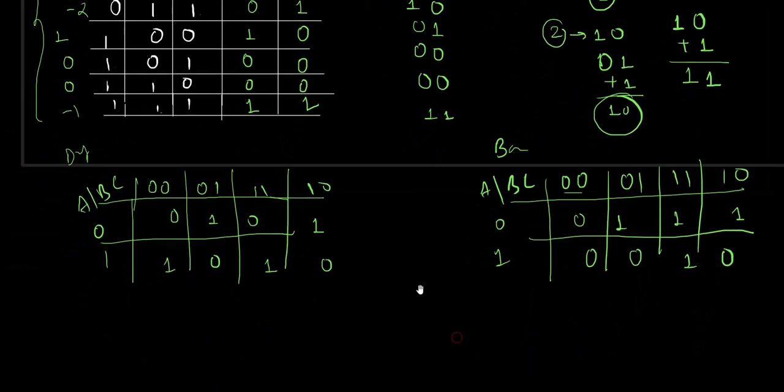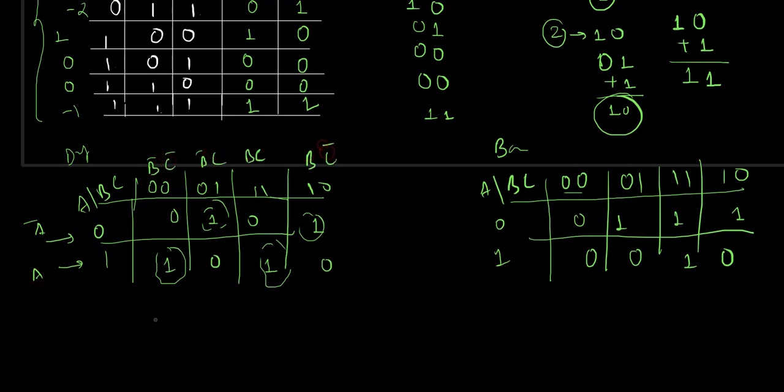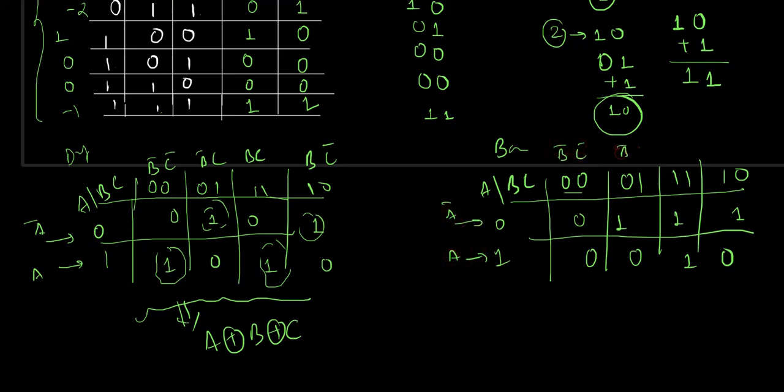Now, as I am solving using SOP, my cases would be like this: A bar, this is A, this is B bar C bar, B bar C, B C, and this is B C bar. This result is similar to what we are familiar with from the full adder output, so I will directly write the result as A XOR B XOR C. But for borrow, let me solve this. This is A bar, this is A, this is B bar C bar, B bar C, B C, and this is B C bar. So the cases would be something like this.